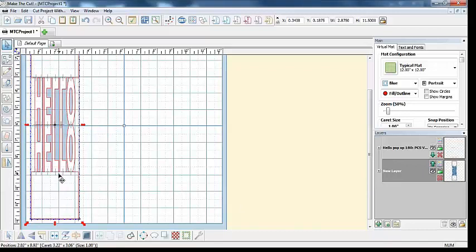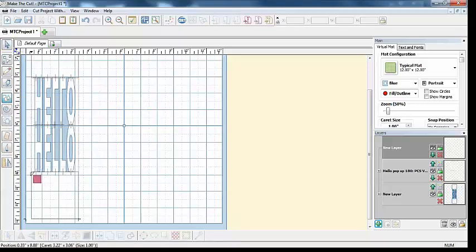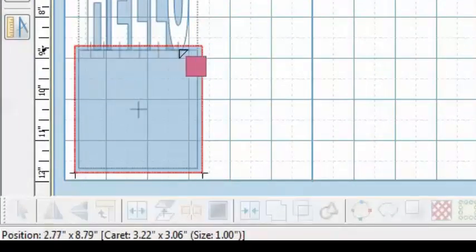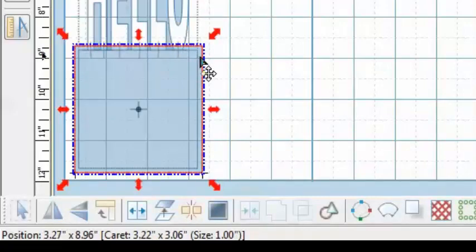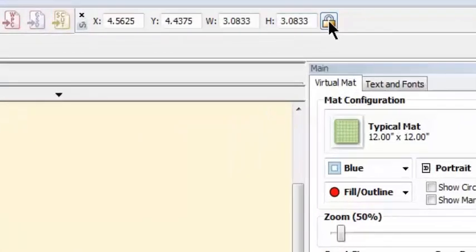You would then, on a different layer, bring in a square that is slightly bigger than your card here, given that we're going to have that gap on that side. Right, that's the card. We want a folded card. And this is a hint. Unlock this. With that selected, go